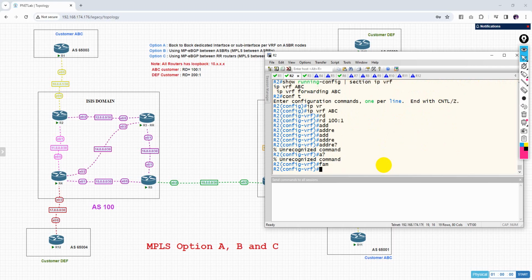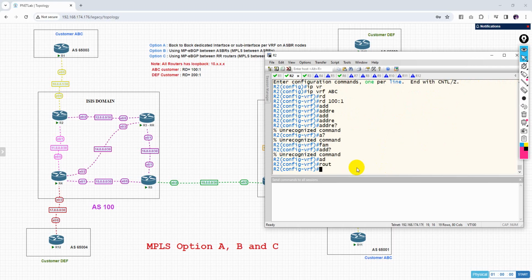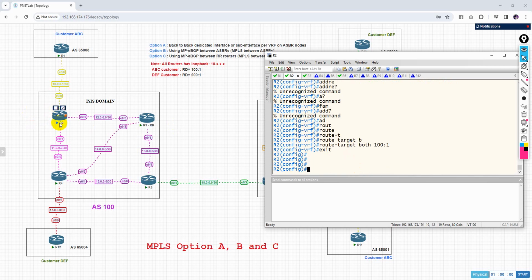Family, no? So some platforms support address family IPv4. So now I think directly route target, okay? Both, so import and export 101. Okay, good. And now let's configure the BGP between what? Between these two